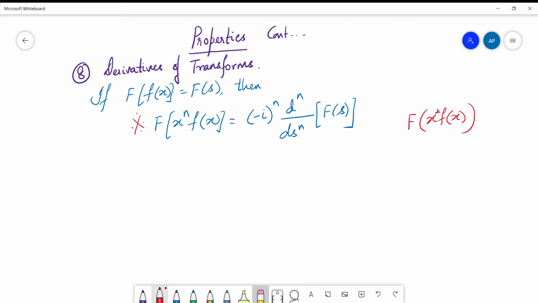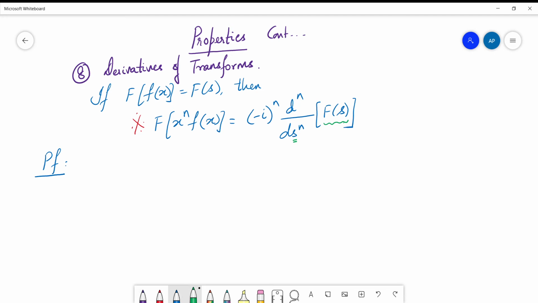Now how do we prove this result? Let us start off and then understand the procedure. We always start with the definition of the Fourier transform of f of x. We look at the statement given to us. It's better that we start from the right hand side and arrive at the left hand side. So we start with F of s first. We differentiate it with respect to s n times and then we rearrange the terms to get the answer. That's the procedure that we are going to follow.